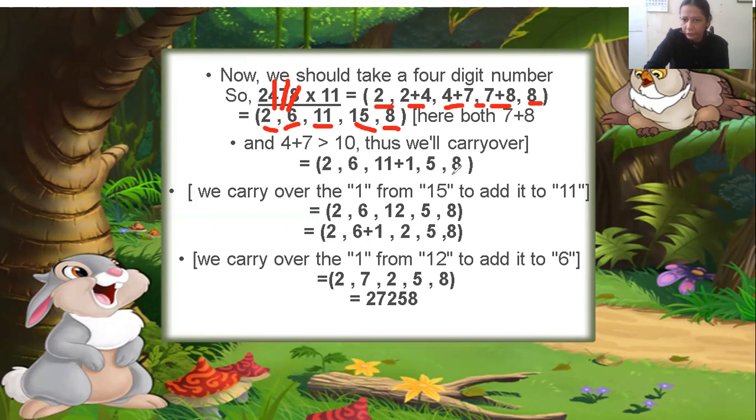8, you will first write down as it is. From 15, two digits are here, but what is at the unit digit? Only 5 is at the unit digit. So after 8, you will put a comma and write down 5. What will you do with this 15? The 1. What will you do with this 1? 1 you will add with the next number. Next number is 11. So I have done 11 plus 1. Okay, now put the comma.